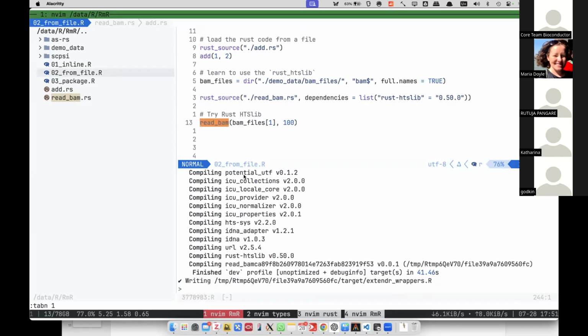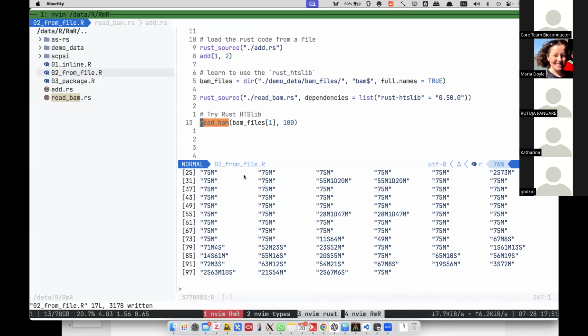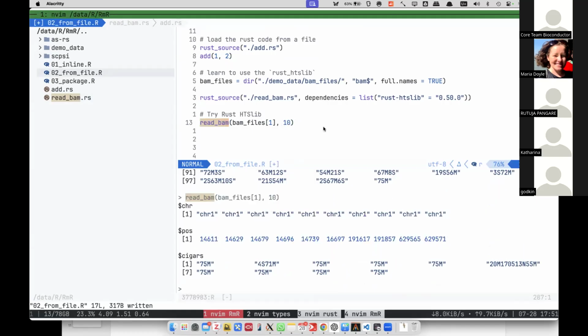Now the compiling is finished, so it's quite easy. We don't need to modify the makefile, and we can just have the result. So we can run the read BAM function, and we can read the first 10 reads. You can see we have the chromosome ID and position of the reads and the CIGAR.